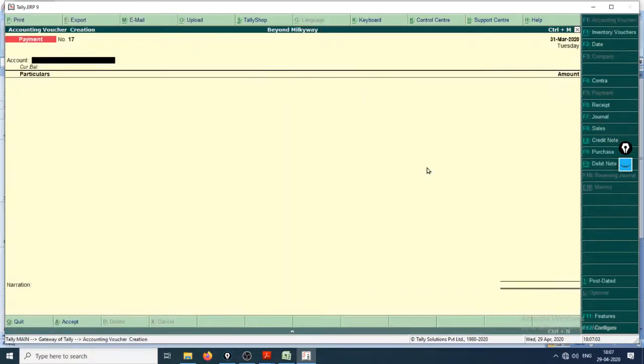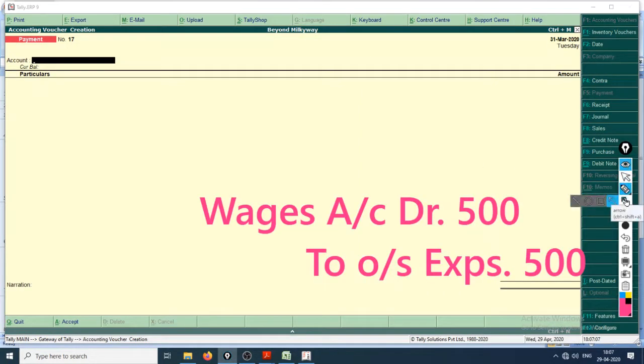Go to vouchers, and this is the first time that we are going to use this, that is F7 journal, to pass that journal entry, as it is not a credit note, it is not a receipt of cash, it is not a contra, it is not purchase, it is not debit note, hence whatever is left is journal.